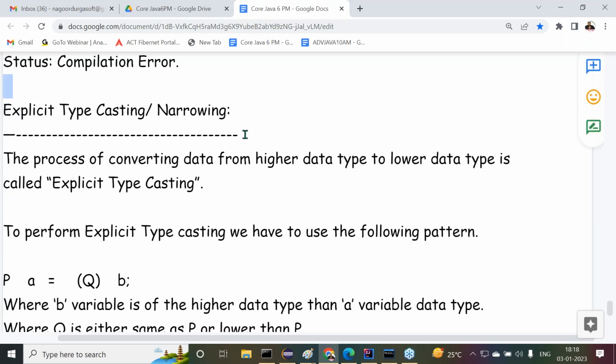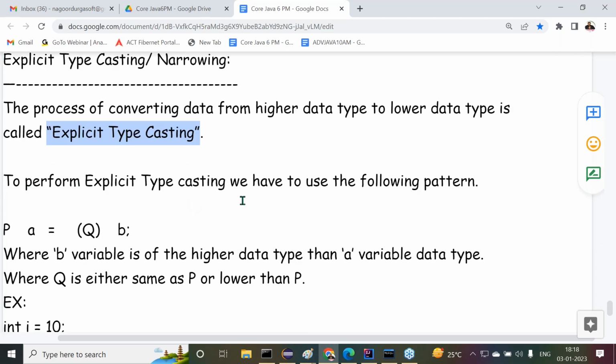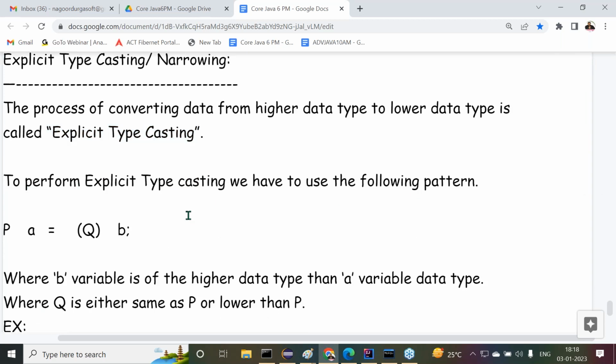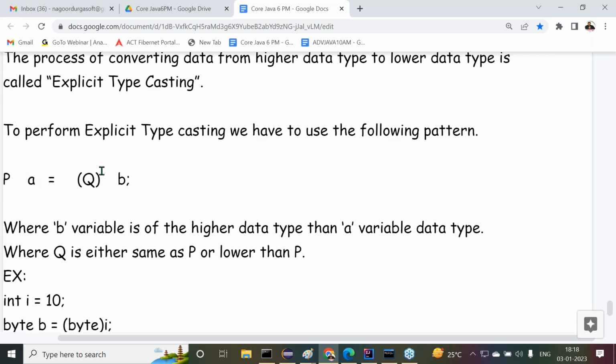All right, then after that, explicit typecasting, we just started there. What is this explicit typecasting or narrowing? The process of converting data from higher data type to lower data type is called explicit typecasting. To perform explicit typecasting, we have to use the following pattern: P a = (Q) b;